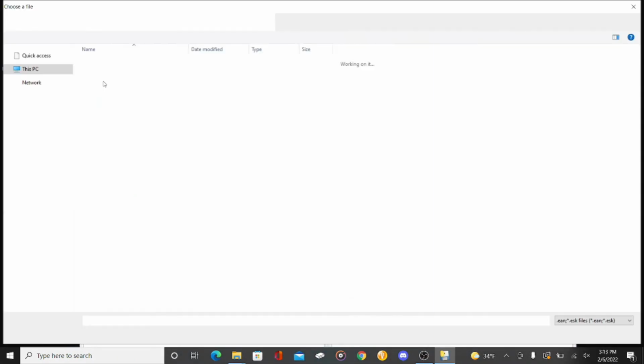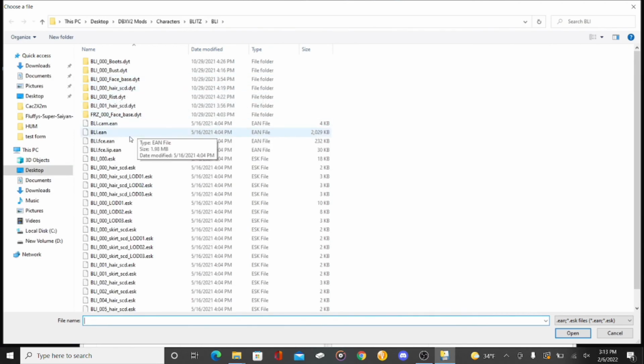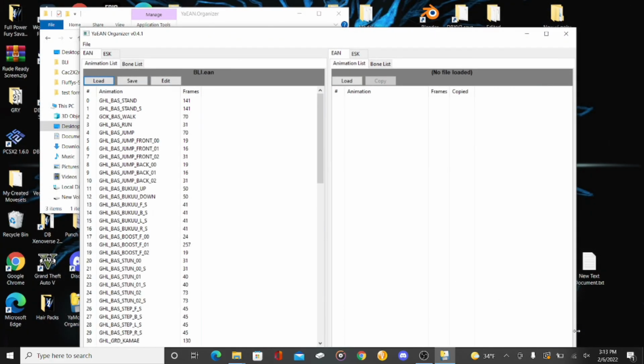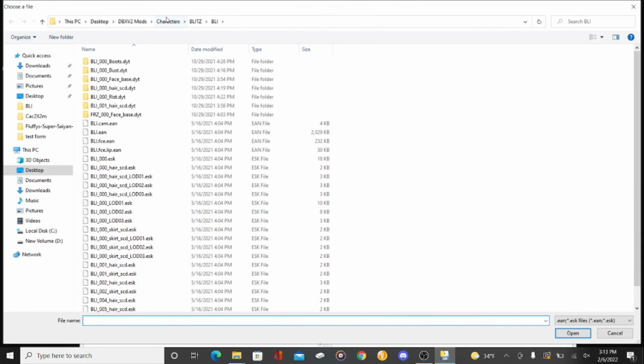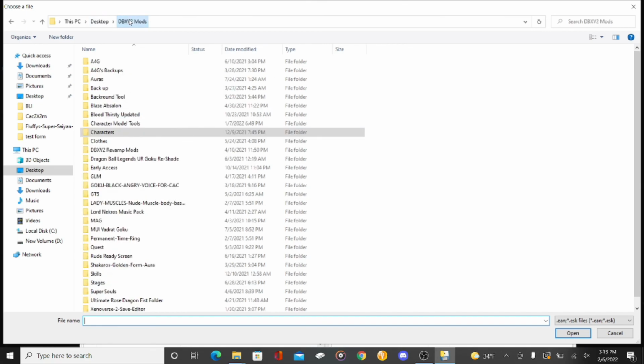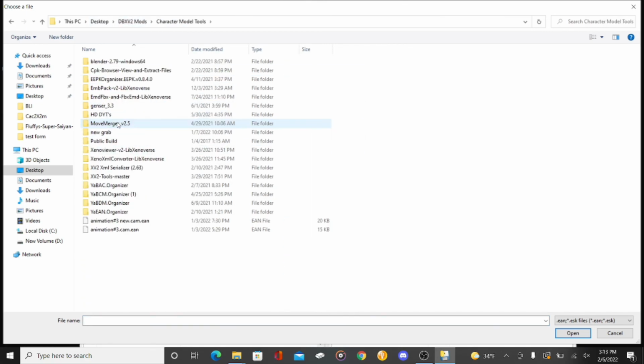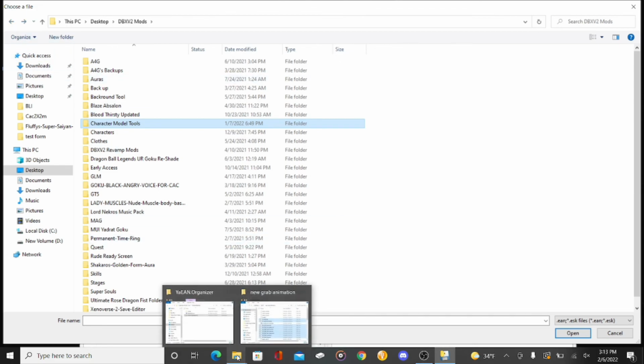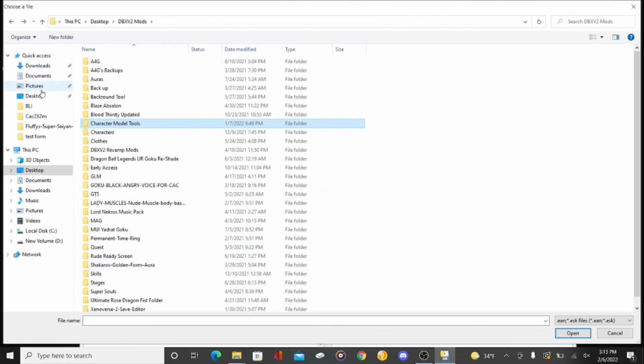essentially look for the name of your animation, and then once you replace the animation in your moveset with that new animation, you save it to your moveset, basically to your character's EAN as a whole. Yeah, you want to save that grab animation to your current character's EAN file.